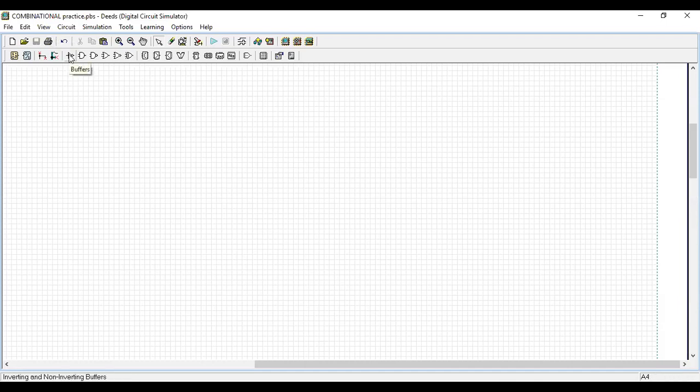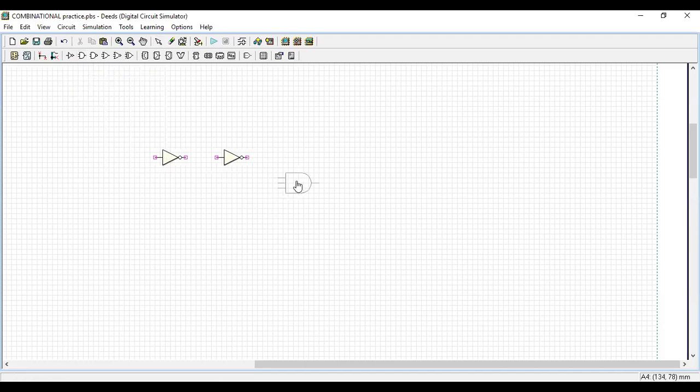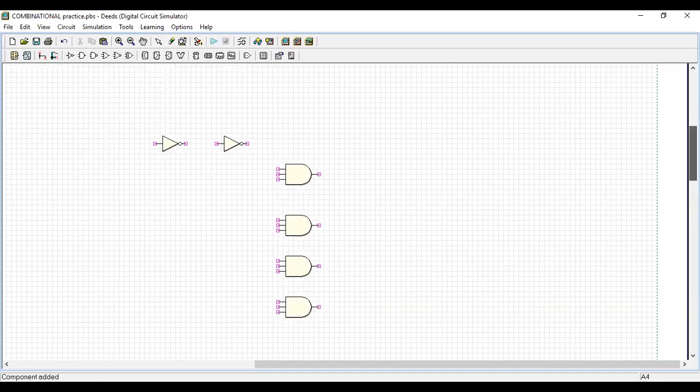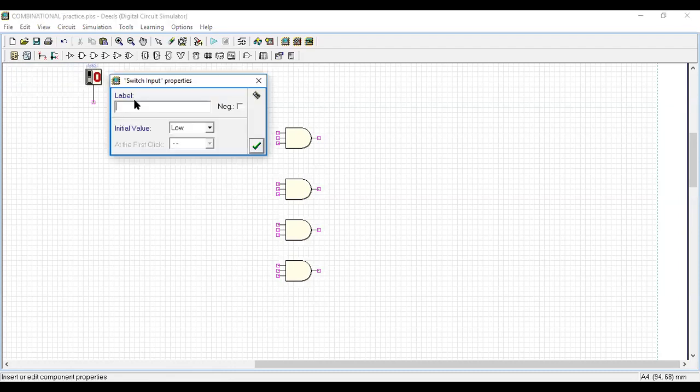So what all I want: a NOT gate. Okay, take 2 NOT gates. Then I want AND gates, but this time I want 3 input AND gates. So we will see why you want 3 input AND gates. Okay, so all the components are placed. Now I place the input and output. So this is my enable input, this is my power switch.